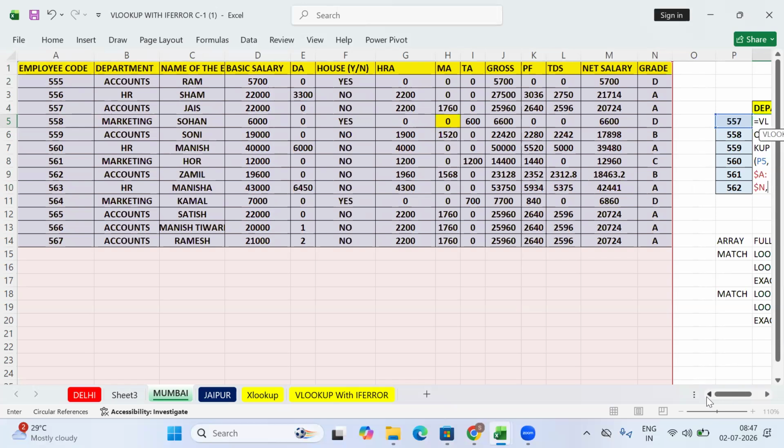Yeah, department B. But in D column we have basic salary, na? I'm saying about the column number of department. So which is the department column in the table? B only, na? So the number will be 2. Yeah, I was saying from B. Okay, I thought you were saying D1. So it will be 2 only. 2 comma 0.